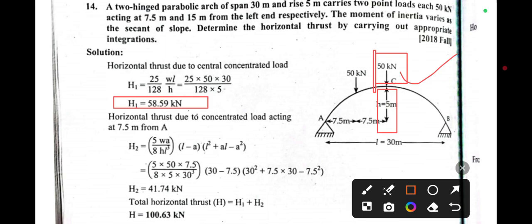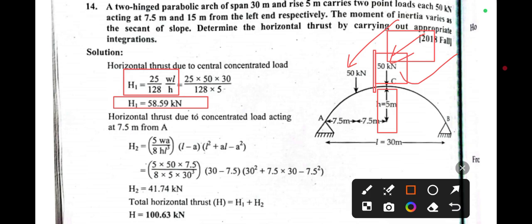Okay, when we put the value of W, L and H in this given formula, you can directly get this value, that is 58.59 kilonewton. So this is acting on the center of this span. Now we have two different loads, so we have calculated horizontal thrust due to this first load. Now we need to calculate horizontal thrust due to this second load, that is